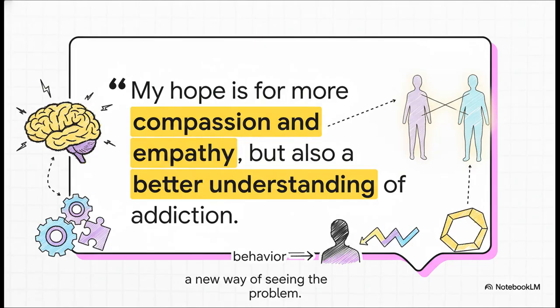And in the end, Dr. Lowe says his real hope is that this whole framework gives us more than just a number. He wants it to be a new lens for looking at an age-old problem, one that helps build not just understanding, but real compassion. It challenges all of us to stop just looking at the behavior on the surface and instead to try and understand the hidden equation that's driving it all. So, I'll leave you with this. What do you think? Can a formula, a simple piece of math, really help us understand the complexities of the human heart?